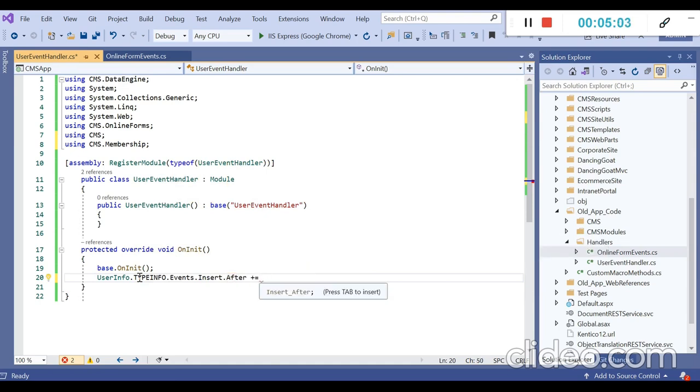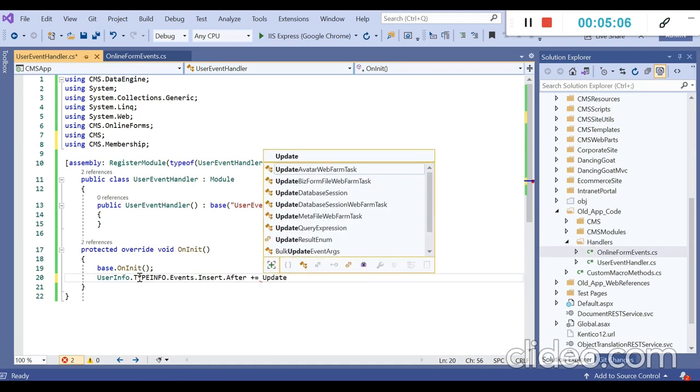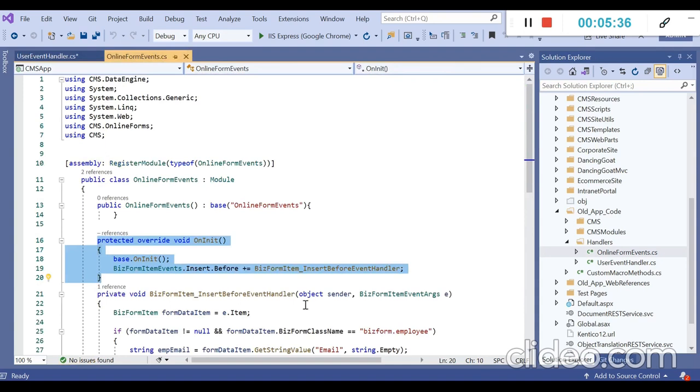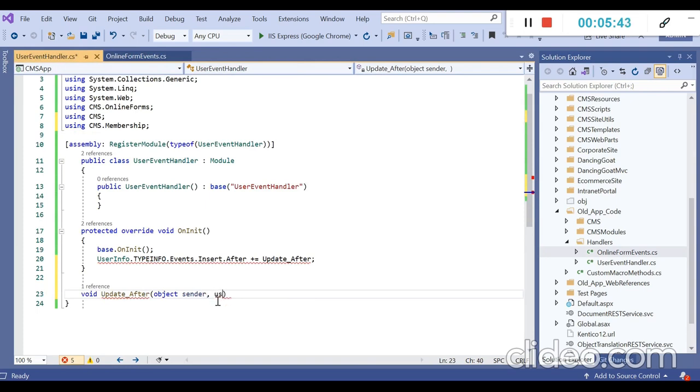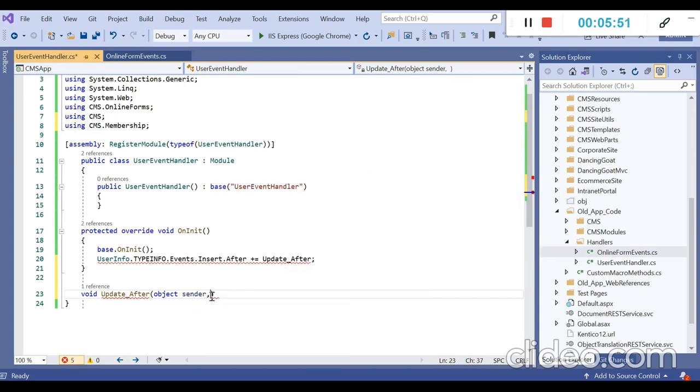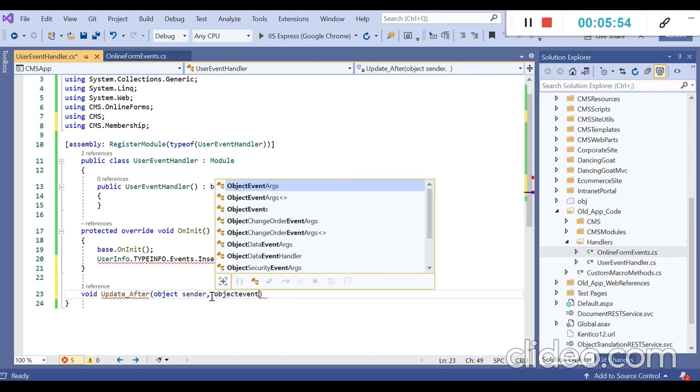Let us now add a method here. Let us give the definition for the update after event, that is object sender, and let us copy the syntax from here: EventArgs e.